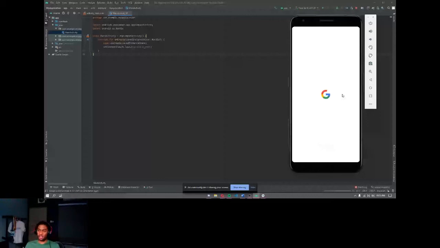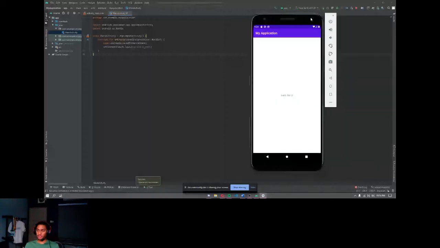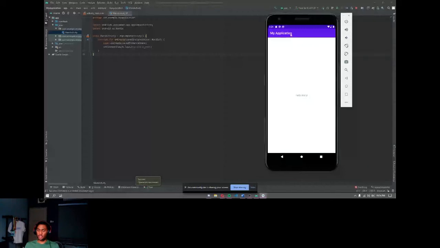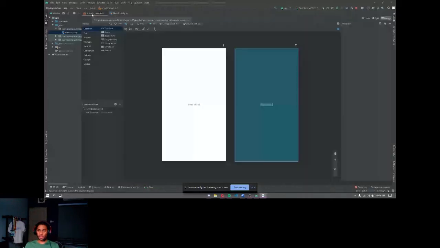Congratulations, you are all now mobile developers. So basically this is the template that Android Studio created for us. This is the name of our app and this is the text. Over here, in activity main, we can customize what we want, but we're going to learn that in the next session. For now, we will not touch it.